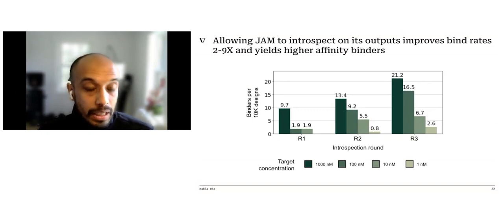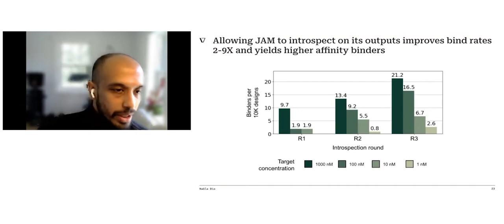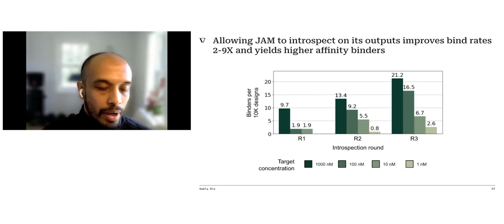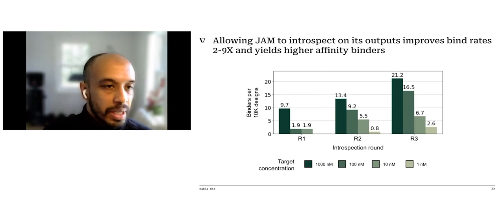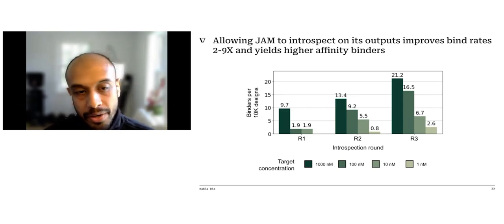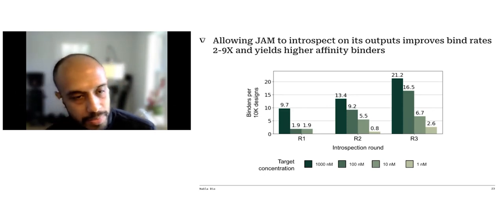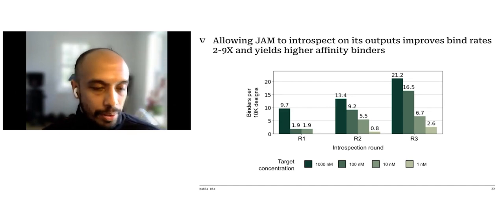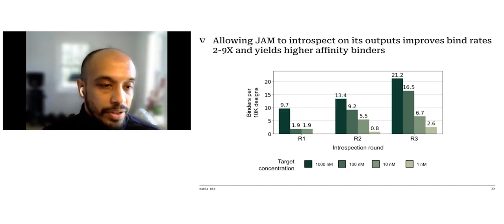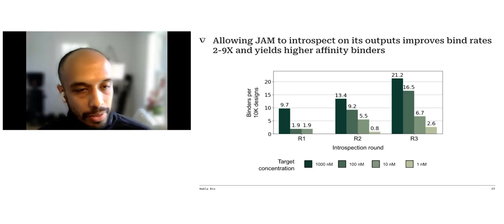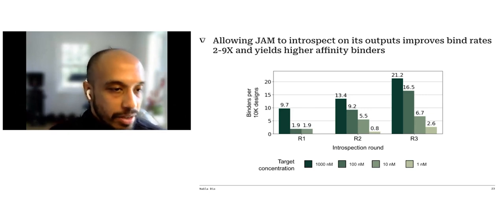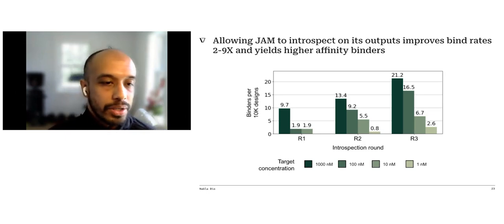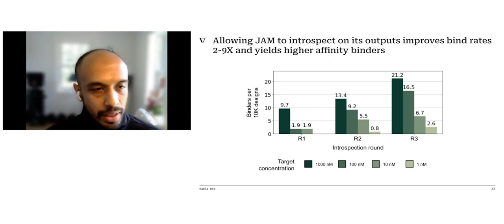Excitingly, what we saw was that the more we let JAM introspect on its outputs before recommending designs to test in the wet lab, the better the hit rates become, and also the better the affinities we see. In this plot, what I'm showing on the x-axis are the different rounds of introspection, so R1, R2, R3. And the y-axis is showing the binders we saw per 10,000 designs we tested. The different shades of the bars are the different target concentrations. And this is all binding data